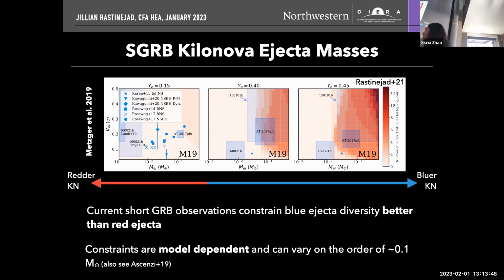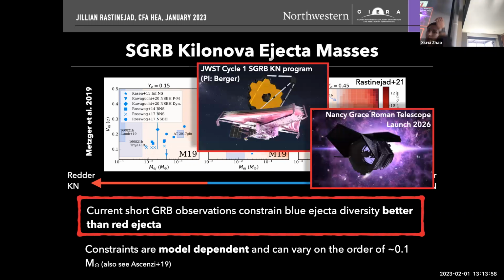And then I should note our caveat that these constraints are highly model dependent. I think any kilonova theorist would tell you that there's a lot of work to be done there. And these can vary on the order of even up to 1/10 of a solar mass. And so just on this first point here, if we look towards the future and how can we start to probe more of that grid of parameter space where we're really understanding the r-process better,